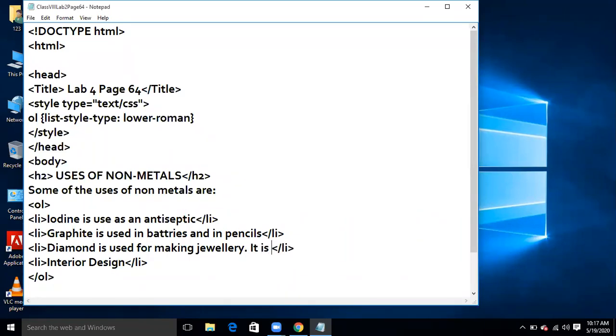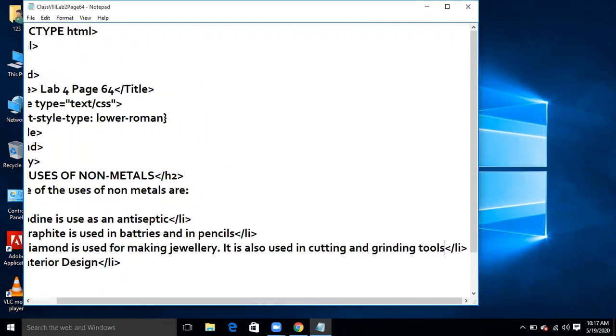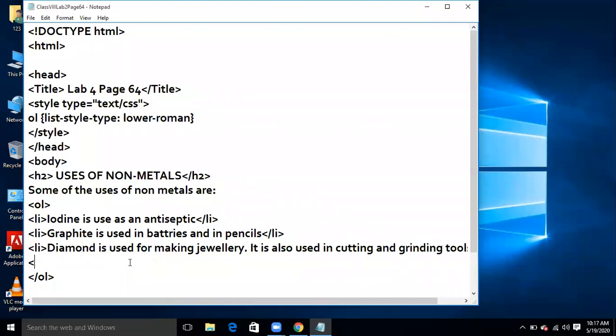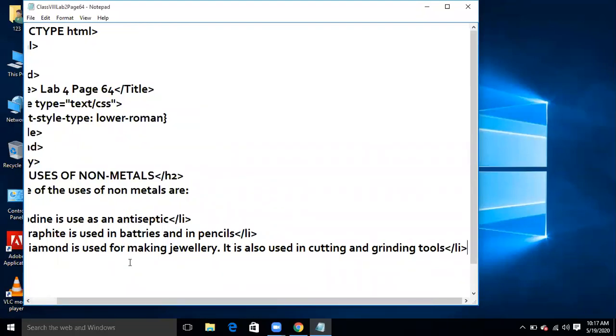It is also used in cutting and grinding tools. Okay, and this one is not required because they have mentioned only 3 uses, so we are not going to mention this one.